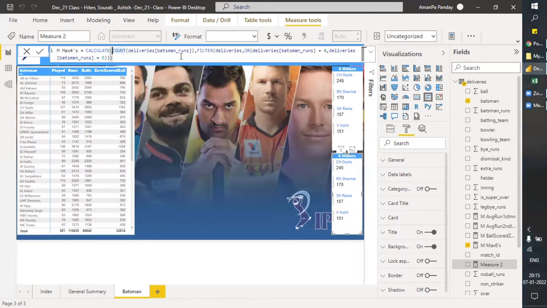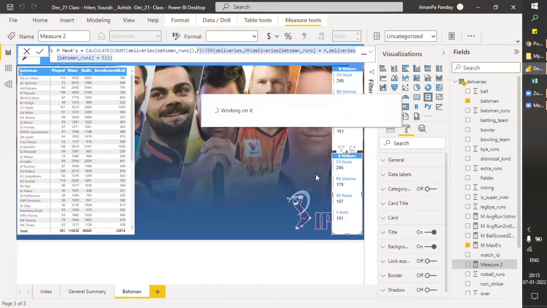Then the second part is your filter part. In the filter part you can apply any filter. Previously you have seen we have used use relationship as a filter also. Here we are using a proper filter, and inside the filter we are using the or function to get both options for us. Okay, so let's hit enter and we should have the calculation.